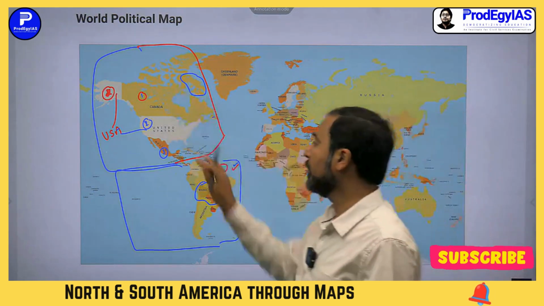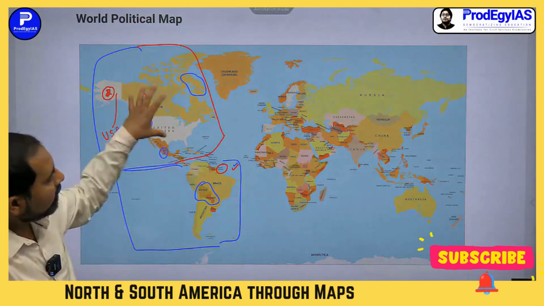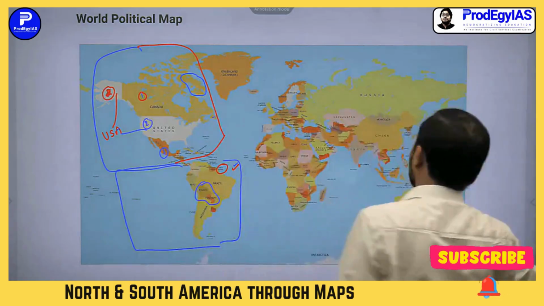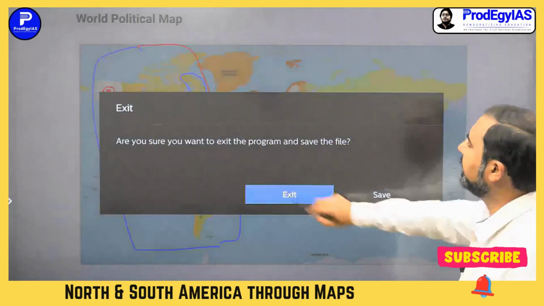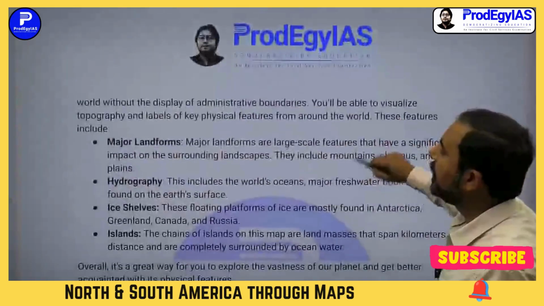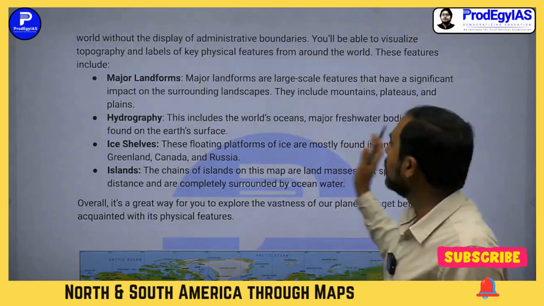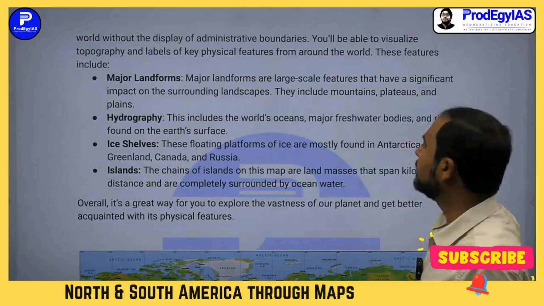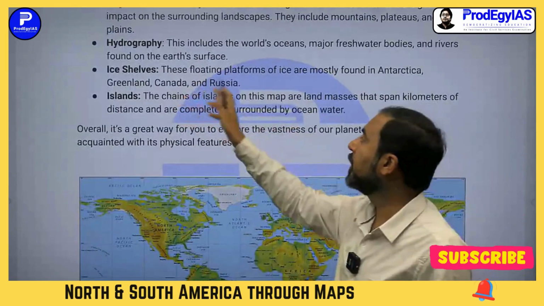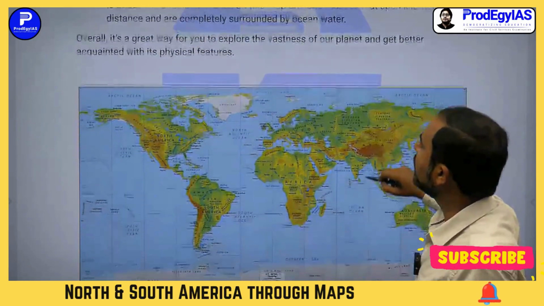So this is your North America, this is your South America. In every class, first we will have such a broad glance, then we will move on to the topic, right? We'll discuss them later on. So first, what is a physical map, in which you can see major landforms like mountains, plateaus, plains, and hydrography like your oceans, freshwater bodies, rivers, lakes, ice shelves. Like in Greenland, Canada, Russia, there are ice shelves and islands of a particular country. And this is your